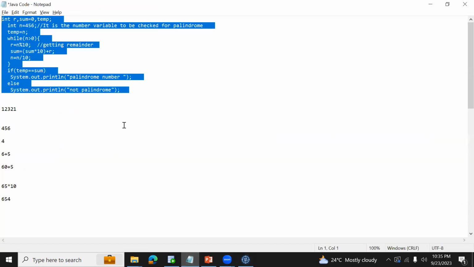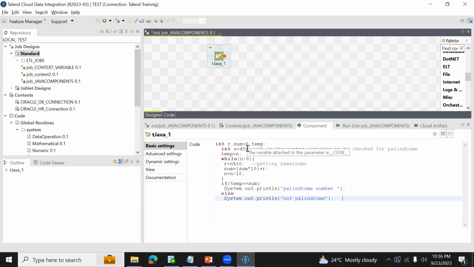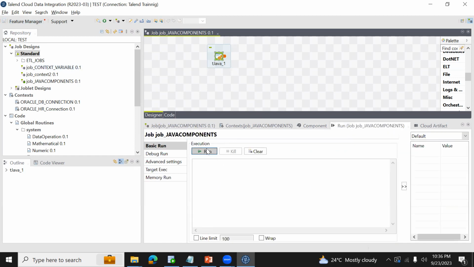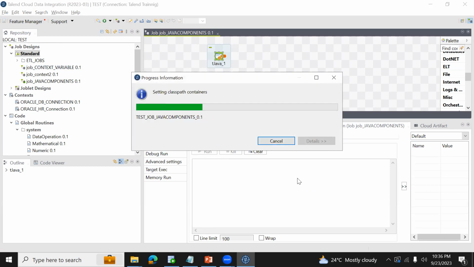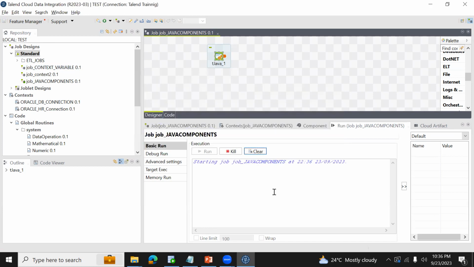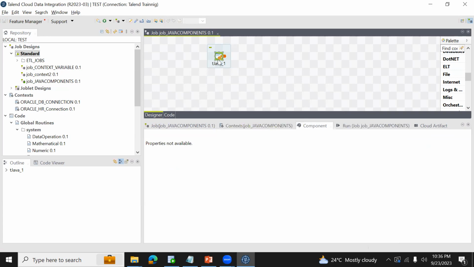So I copied this code and I'm pasting it here and saving this. Run this. If there is an error in this code, definitely it throws error. So 456 is not a palindrome number. But what is the number we considered? If I want to display that number also,